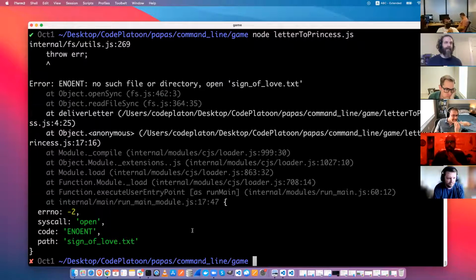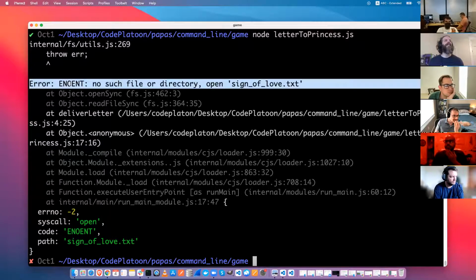In this case, we might go ahead and create a file called sign of love, since it says that there is no file called that, and maybe that's the letter that they want us to write. So how did you know what the error was? It says at the top there that it threw an error, and the error text was error ENOENT, whatever that means. No such file or directory, open sign of love.txt. So at some point, there's some code in there trying to open that file up. That didn't happen. So it's looking for the rest of it. And of course, it gives us the rest of the stack there, but that's not so important.